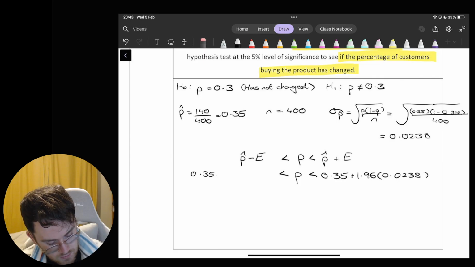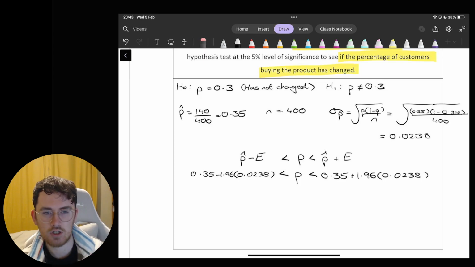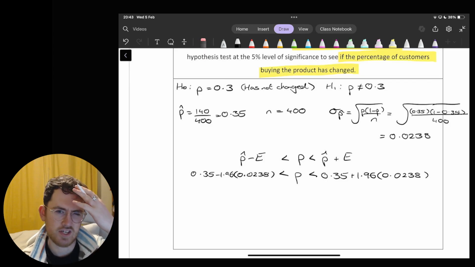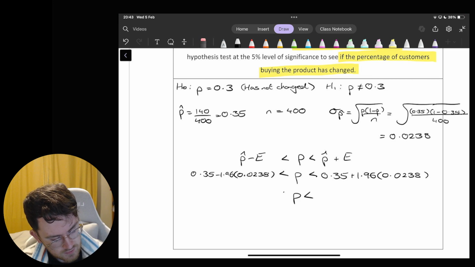And minus 1.96 on this side. So we're basically saying here that on average, the population proportions are about 0.0238 from the actual proportion there, and we want to look at how far is 1.96 standard deviations away from the actual value here. So looking at my confidence interval then,